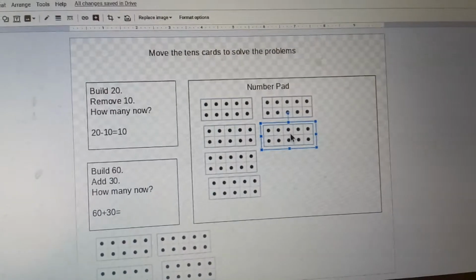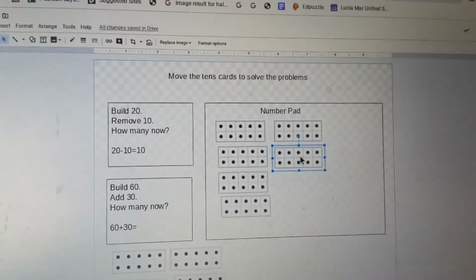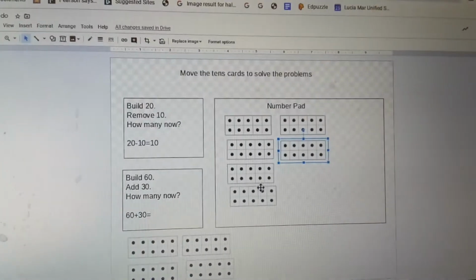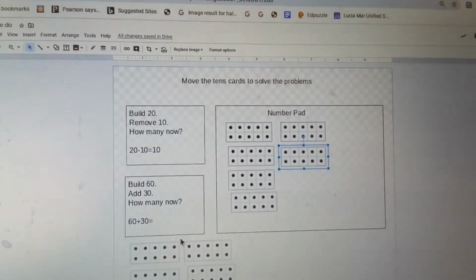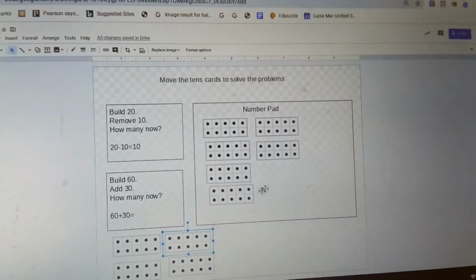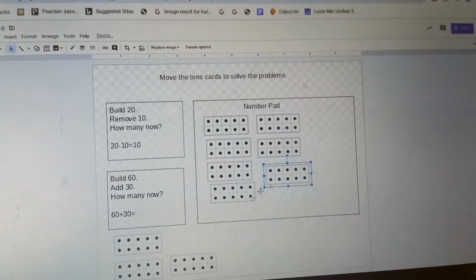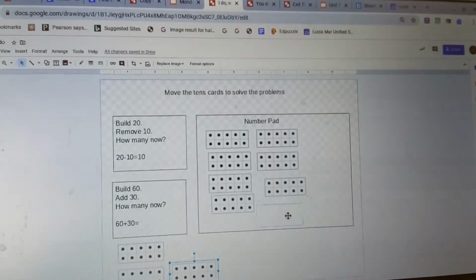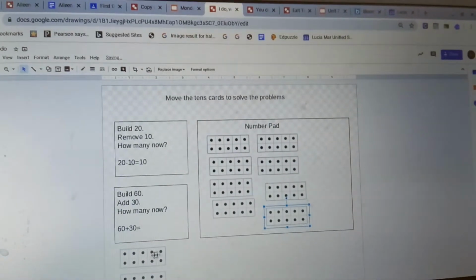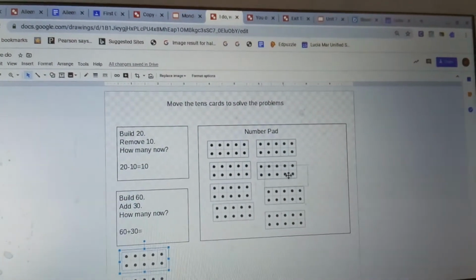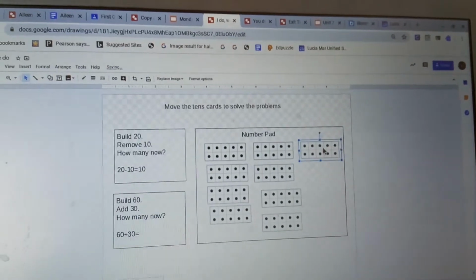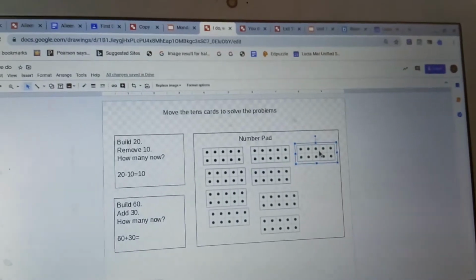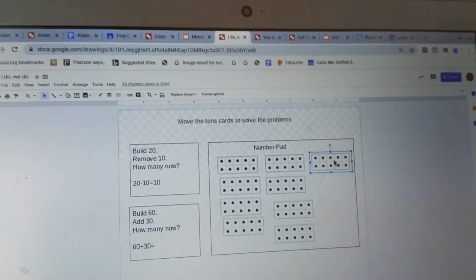How many more do I need to build? What's my next number, in other words, that I need to build? That's right, I need to build 30, because that's the second number we're adding. So I'm going to go 10, 20, and I might need to go way over here, 30. Okay, so now that I've built it, once again, you're going to use the answer box on the side,